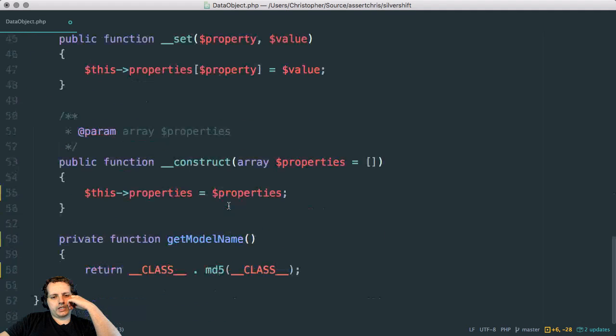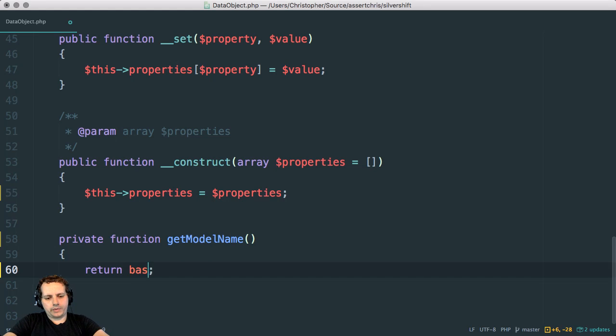So this will actually... Yeah, the idea is that I generate a safe name. So base64 is actually probably what I want. Base64 of the class name. Now base64 can start with a number, which